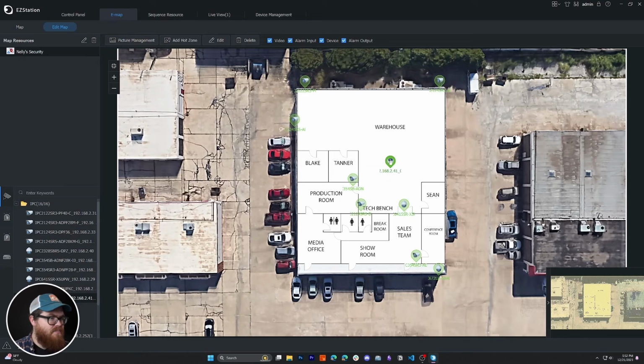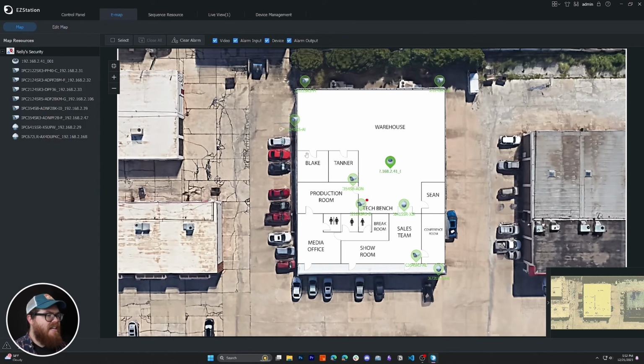There we go. And now, once we have all of this laid out, we can come up here and click Map, and we can actually use this to monitor our cameras. The little red light is going to start going off when motion is detected. And if you ask me, especially if I'm the end user and not the integrator, this is a really easy way for me to monitor my system, because instead of looking at this long list of cameras that really means nothing to me, I can actually see and visualize spatially where these cameras are located